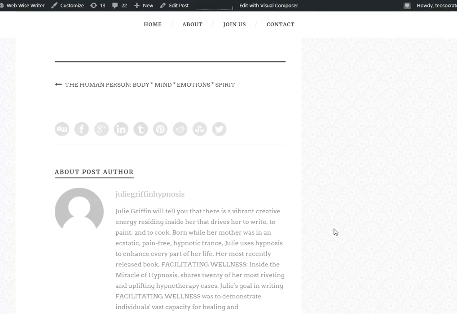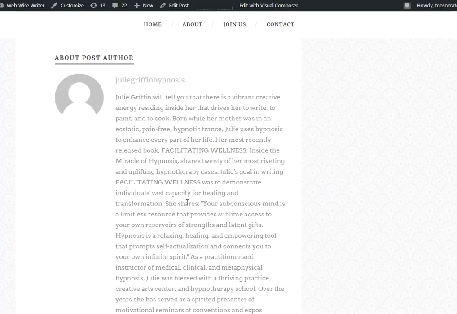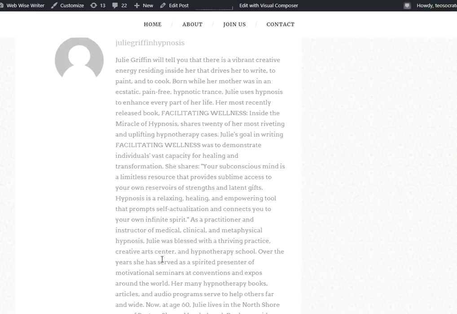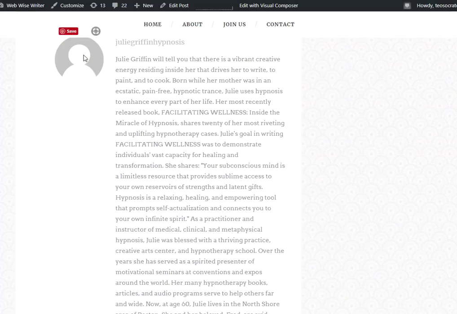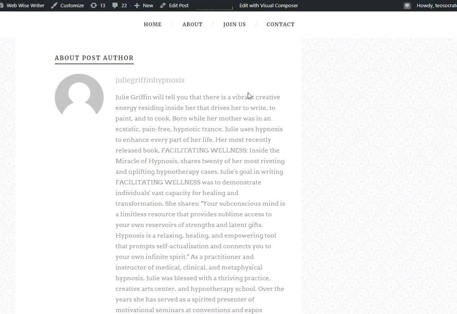This particular WordPress theme also has an about the author field down here. Not every WordPress theme will have this, or sometimes it's optional. If you're going to do guest posts, or if this is going to show up on your own website, then you should customize it. This one's actually a bit too long. This is a pretty long biography, so you can see like on the bottom of every post, this is kind of too much. This is probably great for her about page on her website, but for about the author tagline